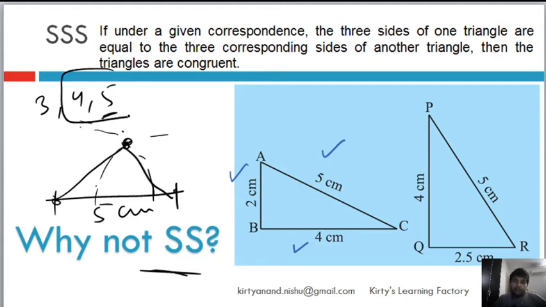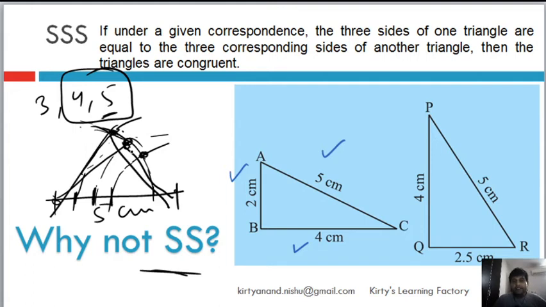Now if only two sides are fixed, let's say I have only fixed 4 and 5, right? So 5 I have already drawn. This was the 4 centimeter arc which I cut like this. Now this is the 3 centimeter arc which I cut. What if I chose to cut a 4 centimeter arc from this side also? Then it would have cut it at a different place. Or if I chose to cut an arc of 3 centimeter from this side also, then it would have cut it a little lower, right?